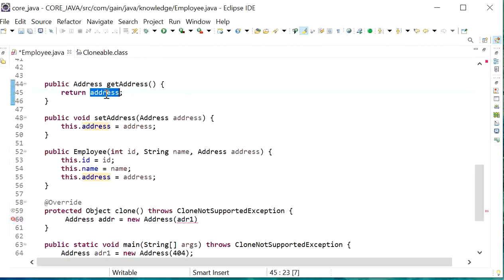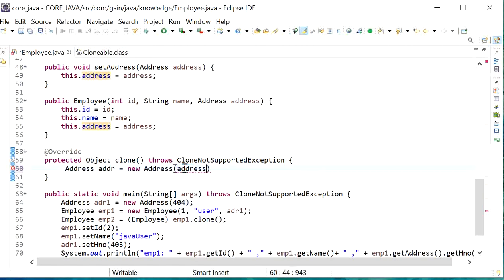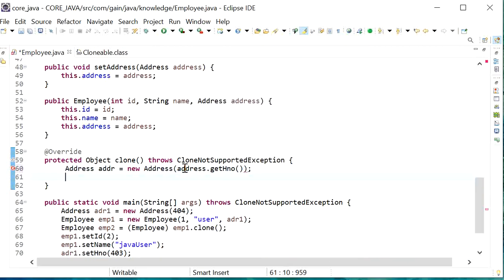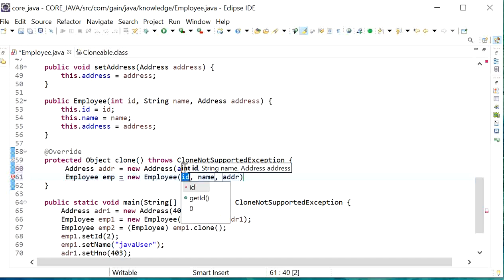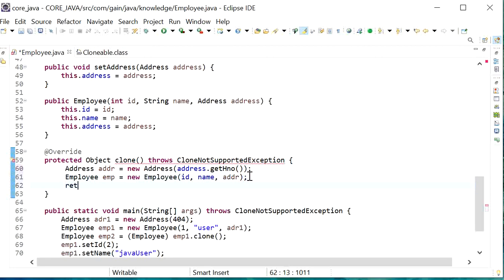So here we will copy the house number, and we will also create the object of Employee, that is equal to new Employee, and here we will pass id, name, and adr, that is address. And here we will return this object that we have created after overriding the clone function.